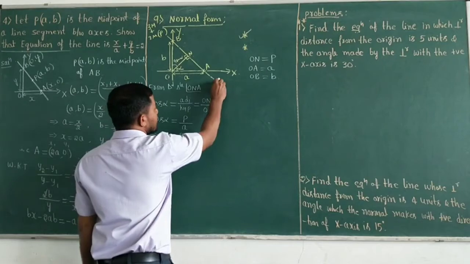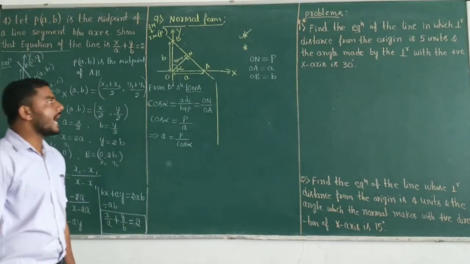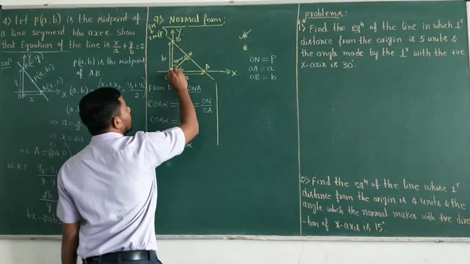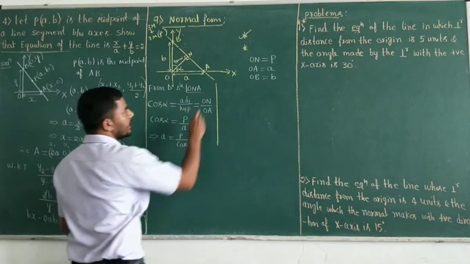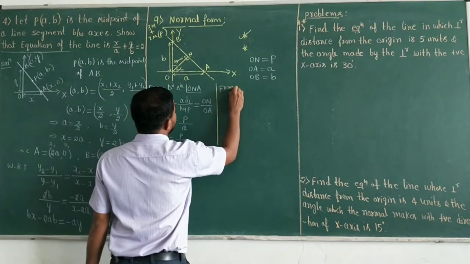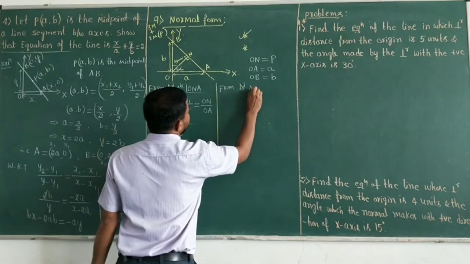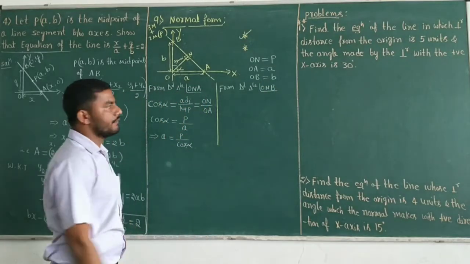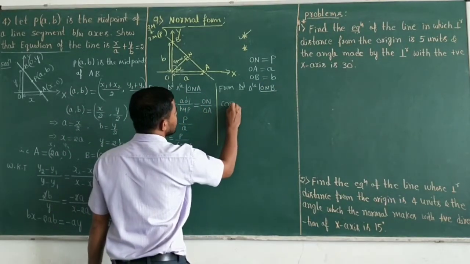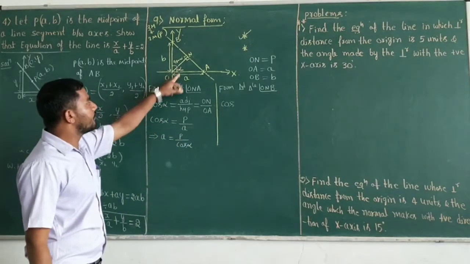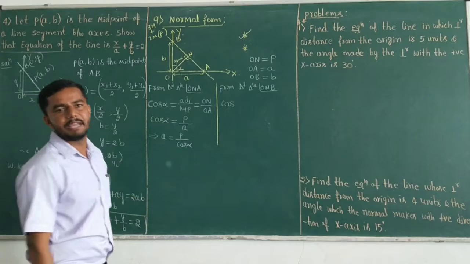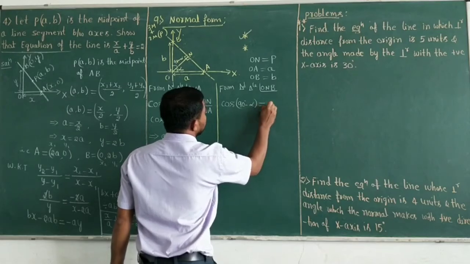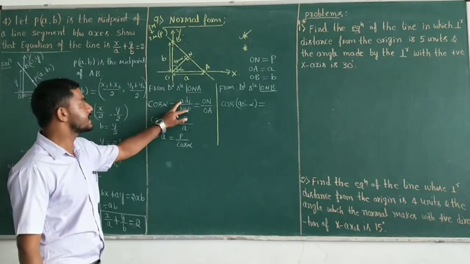So similarly, consider the another right angled triangle. So here the another right angled triangle is ONB. Once again, from the right angled triangle ONB, define the same function. Same function is nothing but cos. Here the angle is alpha for this one. Here the angle is 90 minus alpha. So that's why cos of 90 degree minus alpha is equal to the same function. So the same definition is there. Adjacent by hypotenuse.